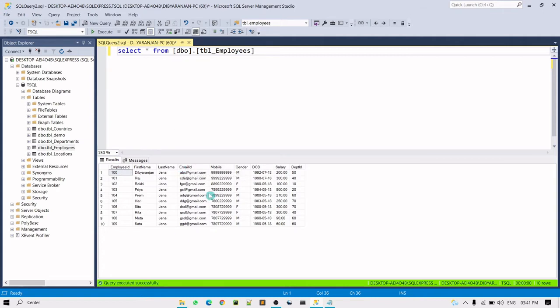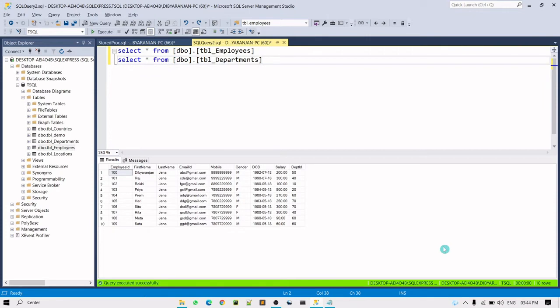Okay, so guys, the next shortcut key we are going to see here is Control plus K plus C. That is basically to comment a particular statement. Here we have two statements, and I want to comment this particular line of code.